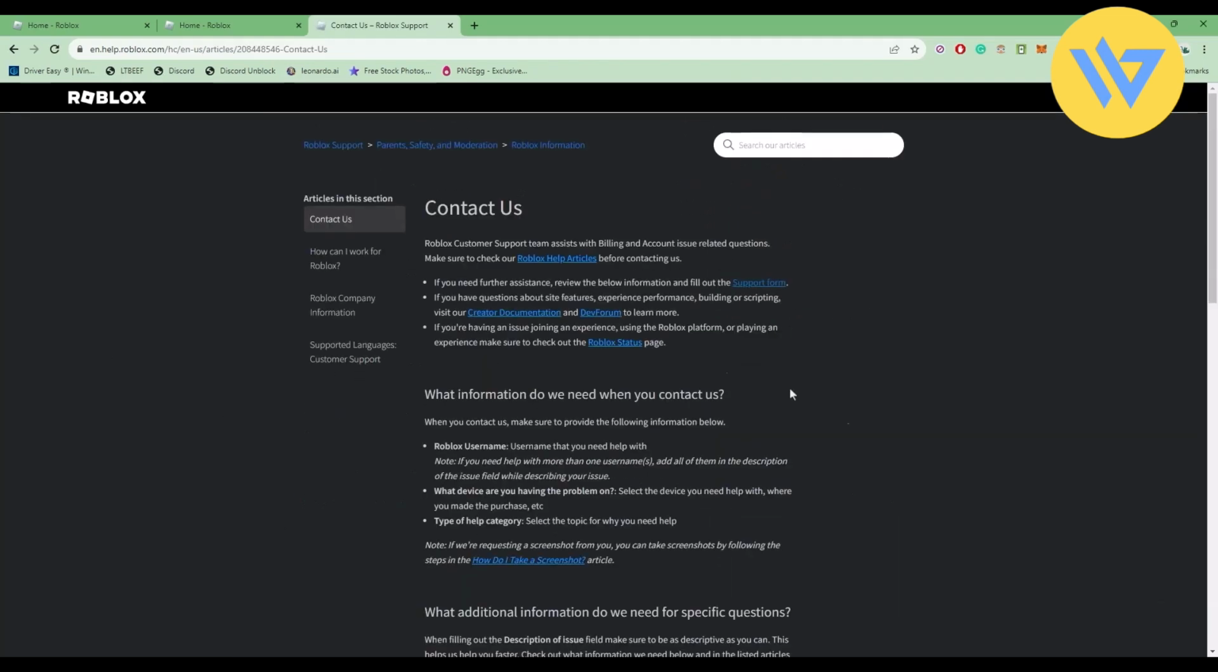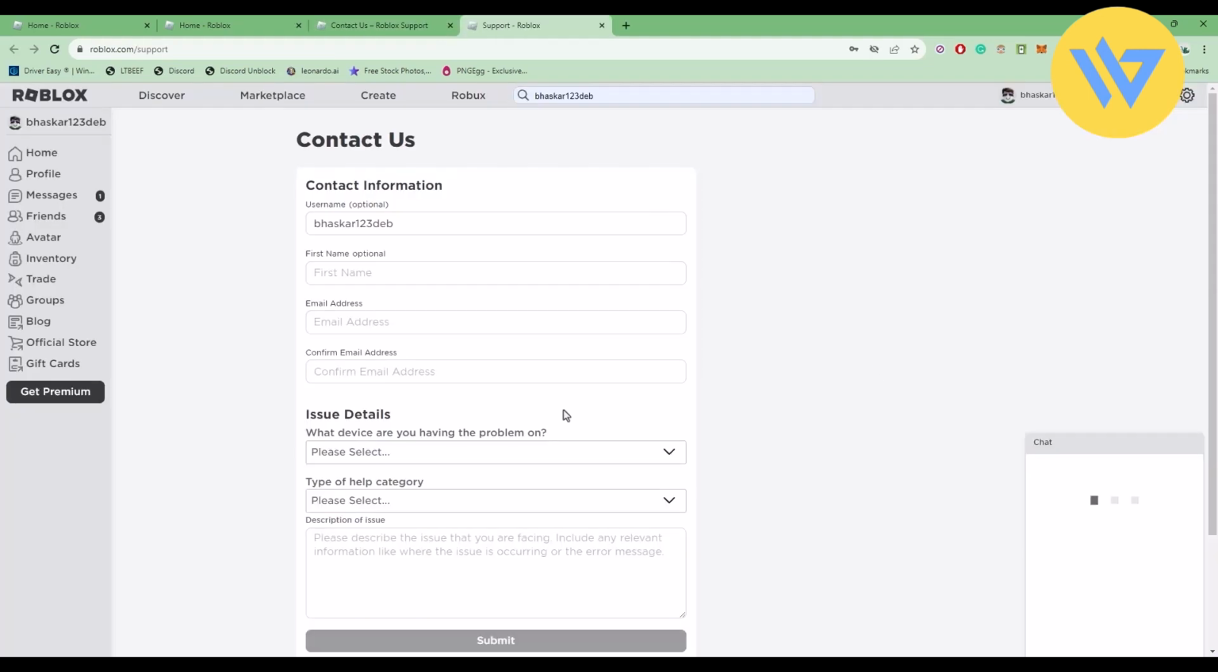Click on it. Now just simply click on this option over here. Just simply click on Support Form for if you need further assistance. Review the below information and fill out the form. Now over here, just simply add all of the names. If you don't have your username, over here just simply enter the username that you had on your